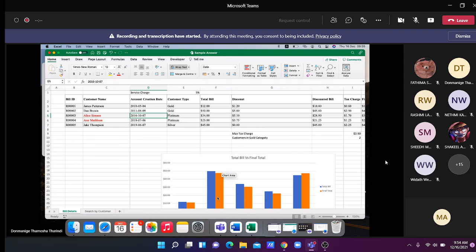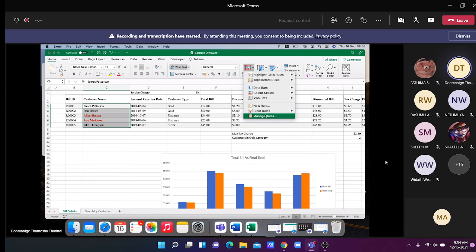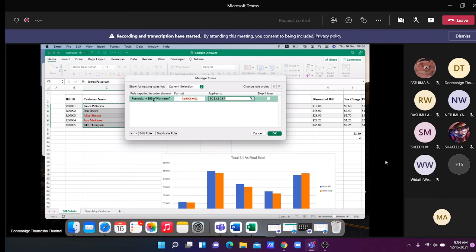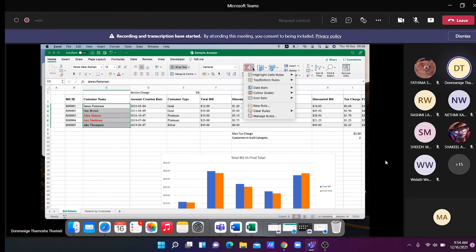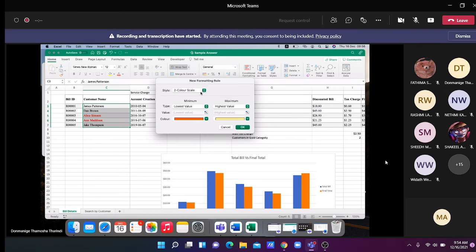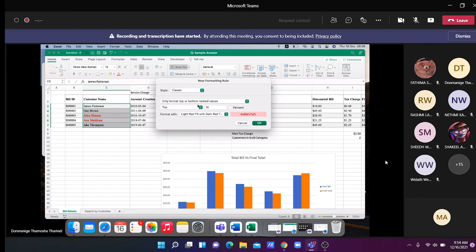Okay. Can you do it again, miss? You have to highlight this. Go to conditional formatting. If you're adding a new rule, go to new rule. I'll show it to you from the beginning, then it's easy. Conditional formatting, new rule. Go to classic. Go to use a formula to determine which cells to format. If you are using Windows, you will get this option in your first dialog box itself.